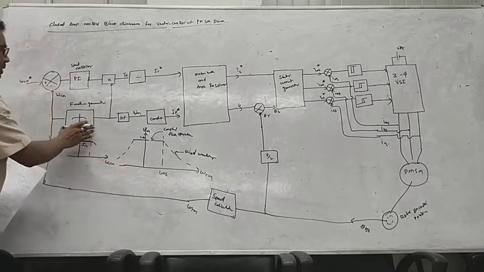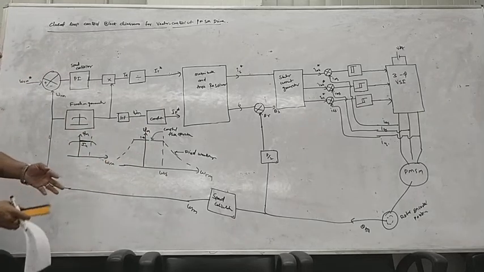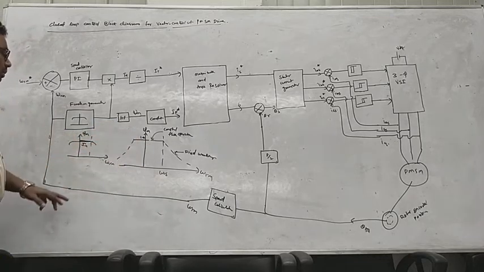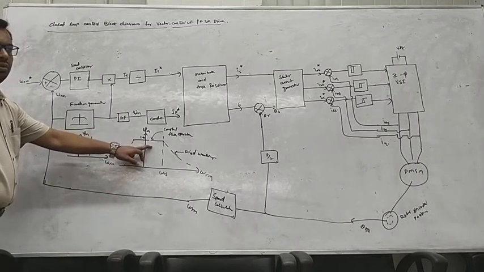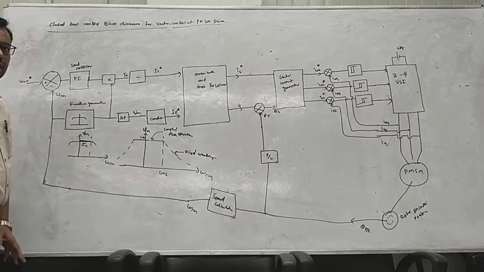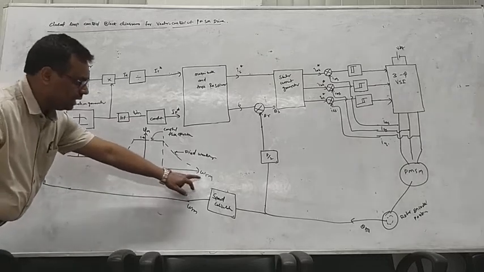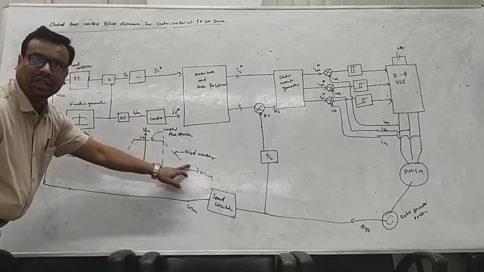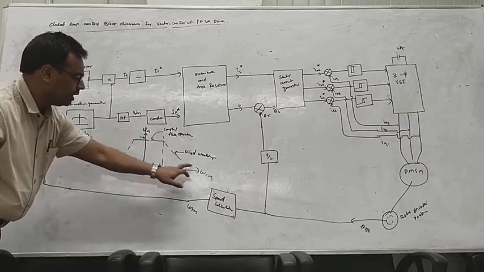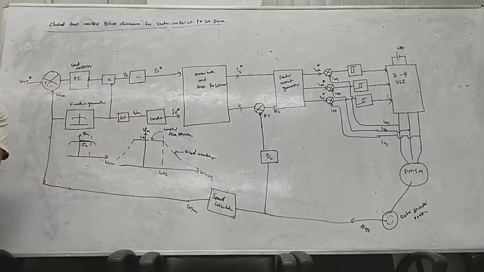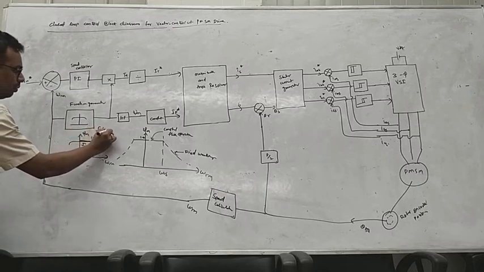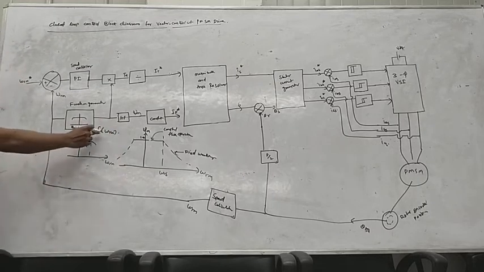Okay, so this is the function generator here. So you need the constant flux operation. So below the base speeds, the constant flux operation. The magnetizing current is maintained constant here. So what we have here is, if you want to perform the field weakening region, above base speed condition, as speed is increasing, your field current will be decreasing. That is, the magnetizing current will be decreasing here. That's what I can explain. So that's why you can clearly observe this. This is a function of omega Rm.